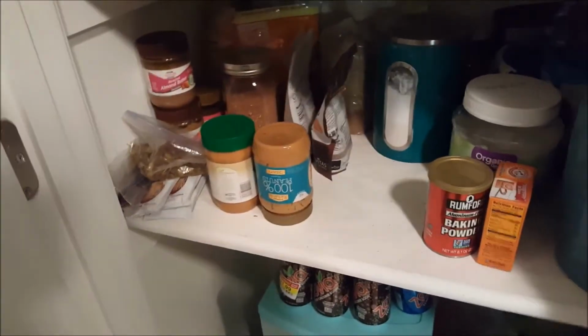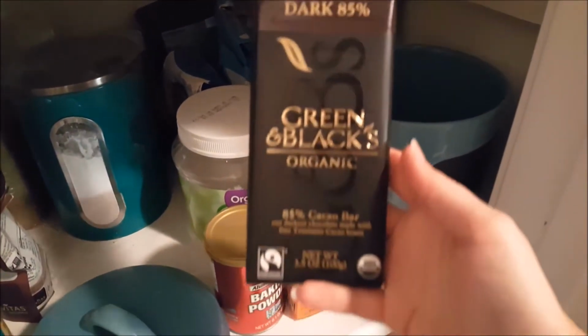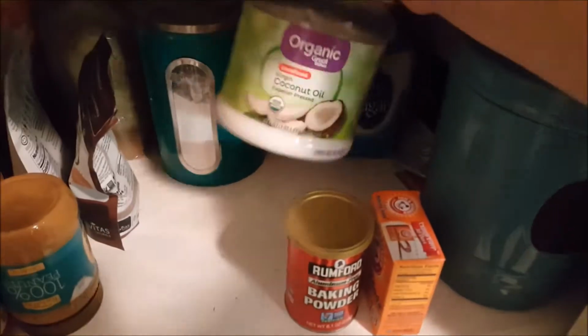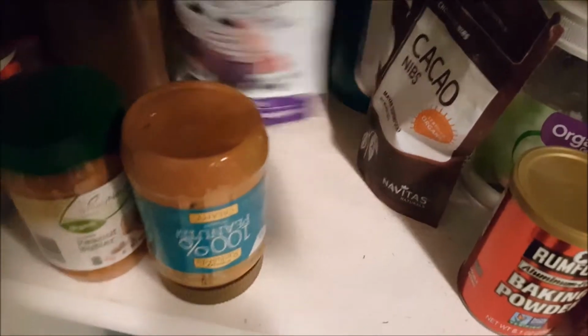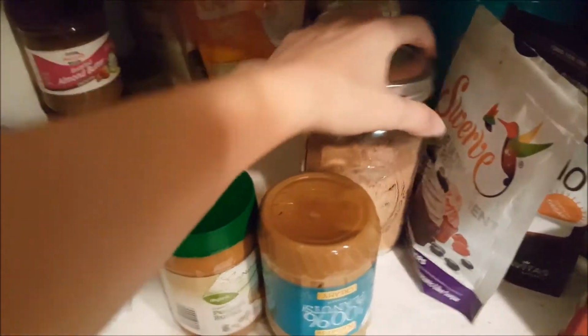And down here on the bottom is a lot of the stuff that I use to bake with. In here I keep my dark chocolate bars, so these are my snacks in there. And then I have baking soda, baking powder. This is the coconut oil that's unrefined, so it tastes like coconut. So I usually only use this in baking products. I have some organic peanut butter, and because this one's almost all gone, some cacao nibs, Swerve, some raw cacao powder, some extra almond butters, and then pretty much all the rest of the stuff in the back we don't